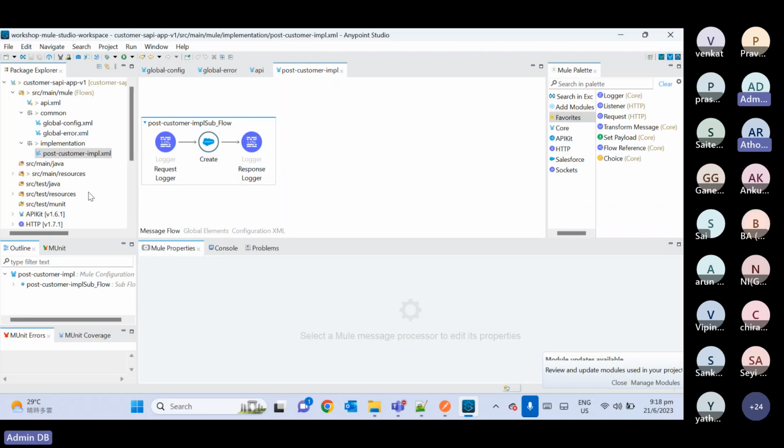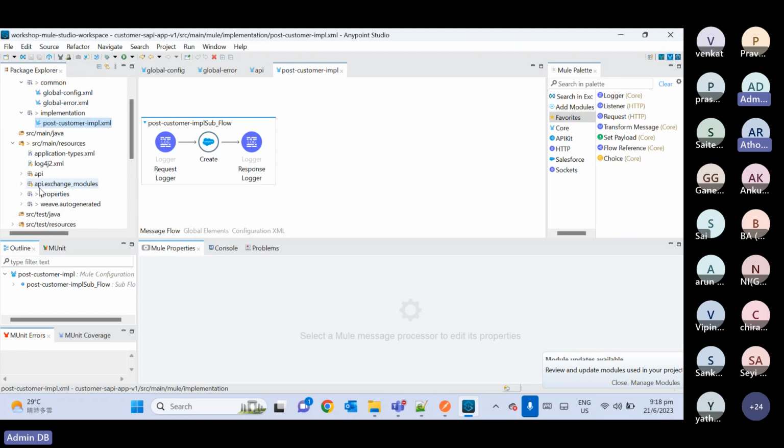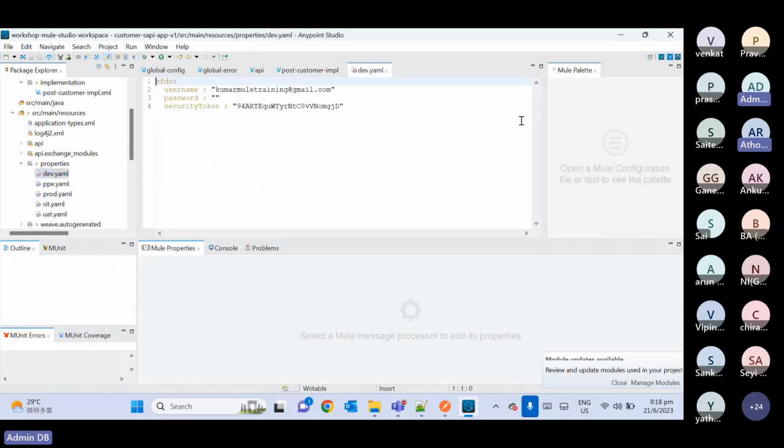As part of that, we have created a property file. Inside properties, we have dev, prod, SIT, and UAT, all properties here. At this moment, we configured only the dev one, and we have only Salesforce details here. We have the HTTP listener also, so that detail also we can put here. So what I will do,